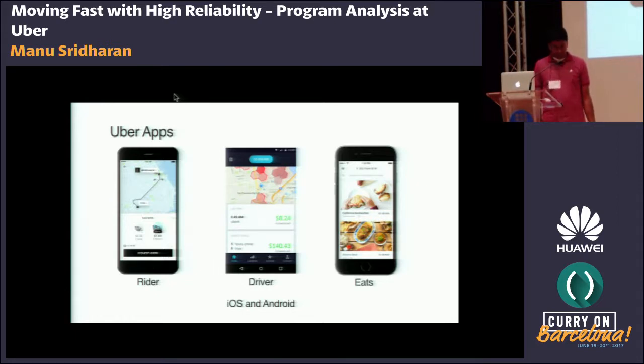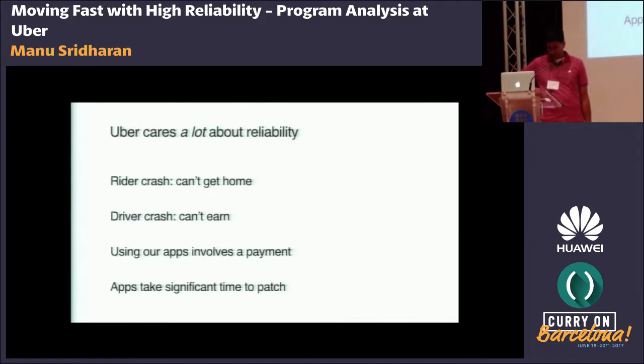So what's interesting about mobile application development, particularly at Uber? Well, one thing that I found very interesting is that Uber cares a lot about reliability. And everyone should care about reliability. Uber really cares because it's business critical, right? If the rider app is crashing, then someone's potentially stuck and can't get home. Maybe they end up using some other competitor's app.